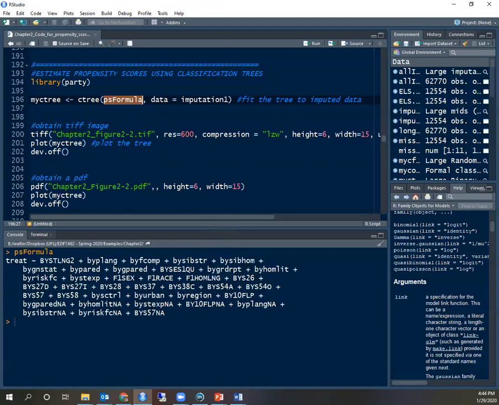So this is the formula with all the variables. The good thing about classification trees and random forests is that they will automatically search for nonlinear terms and interactions in your data. So this formula is not the actual model, it's just a way to declare what the predictors are. Once this finishes, it will provide a tree, and I can plot here my tree,